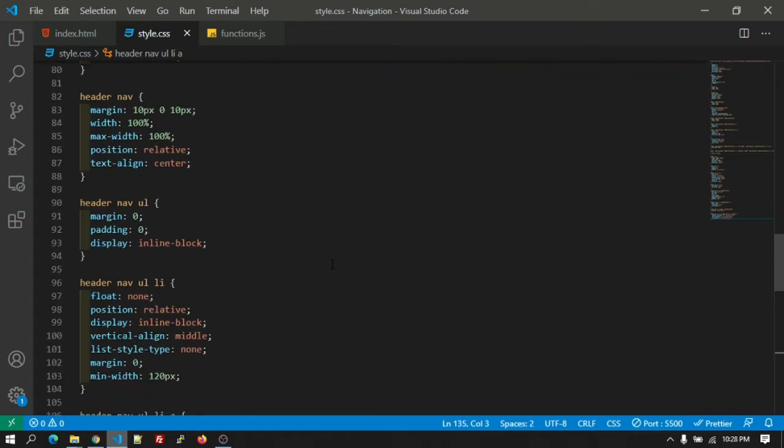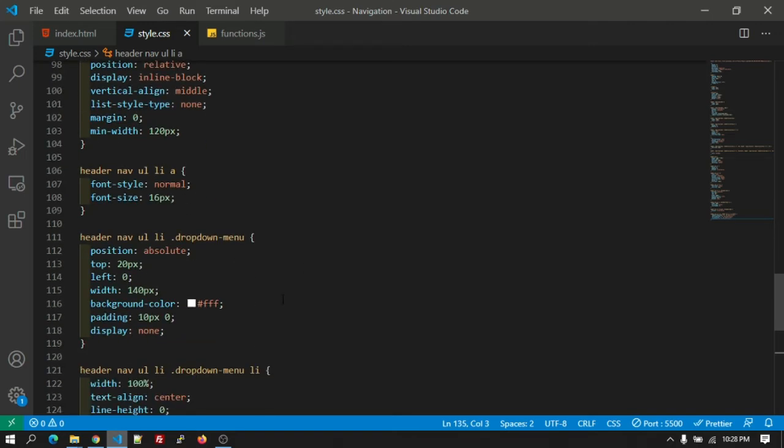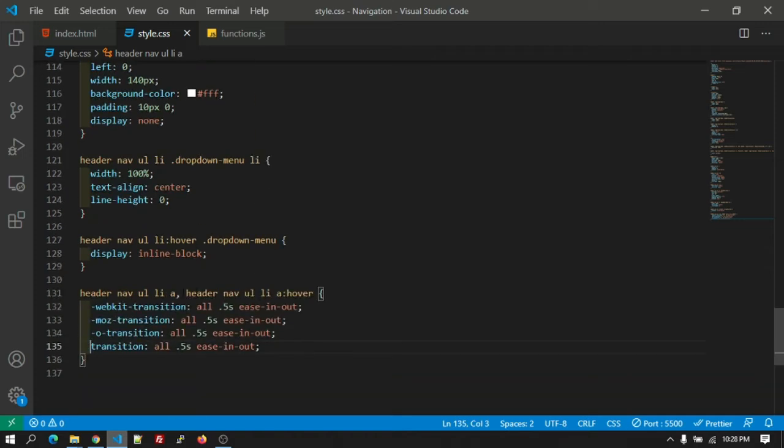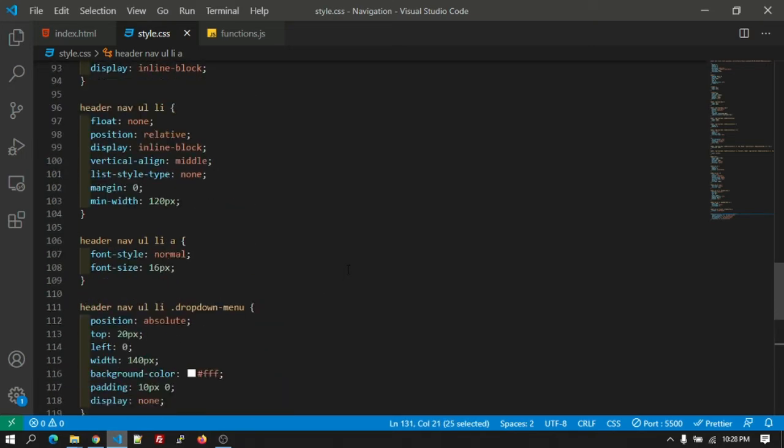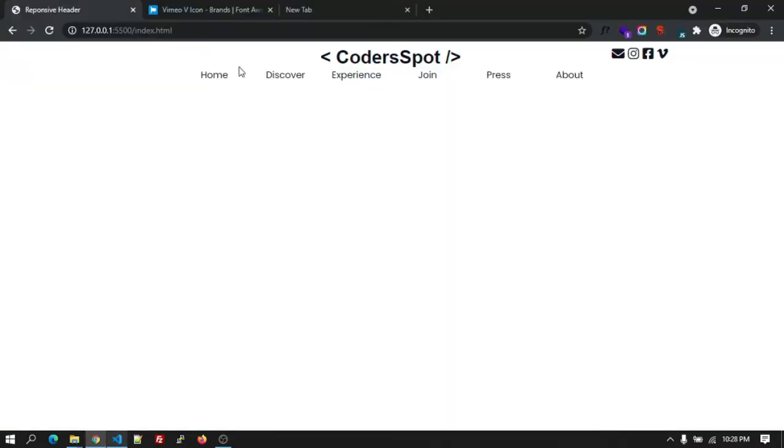So let's add the same color code for the header navigation anchor tag. Okay, let's copy the class and go to the upside and just copy paste over here. So we have added. So make sure right now you can see here, after I go over on any menu item, it's changing the color to pink.